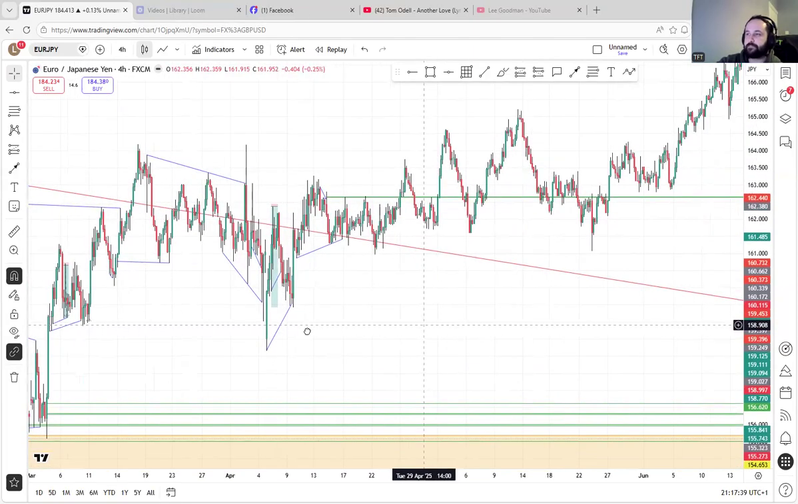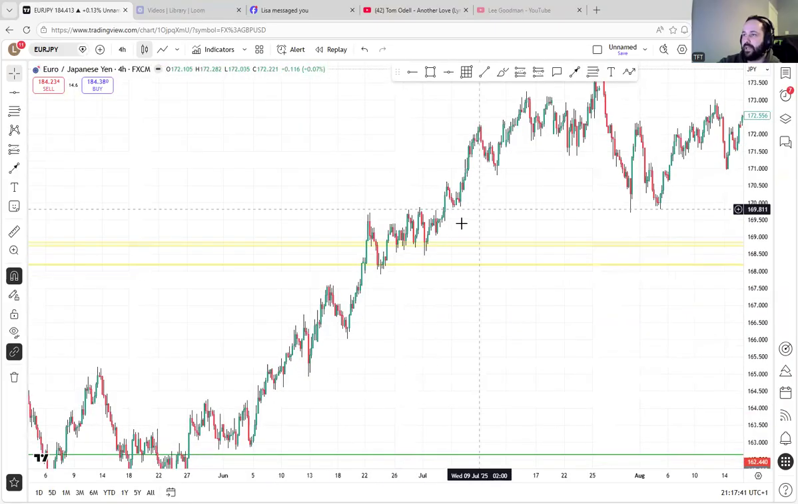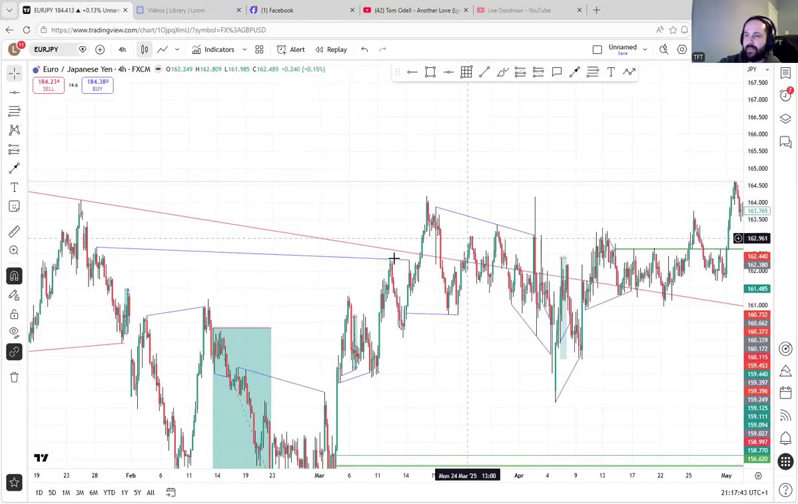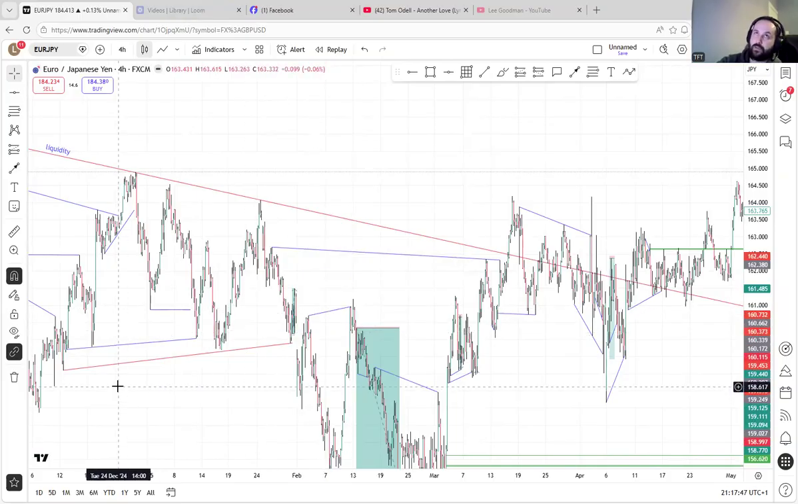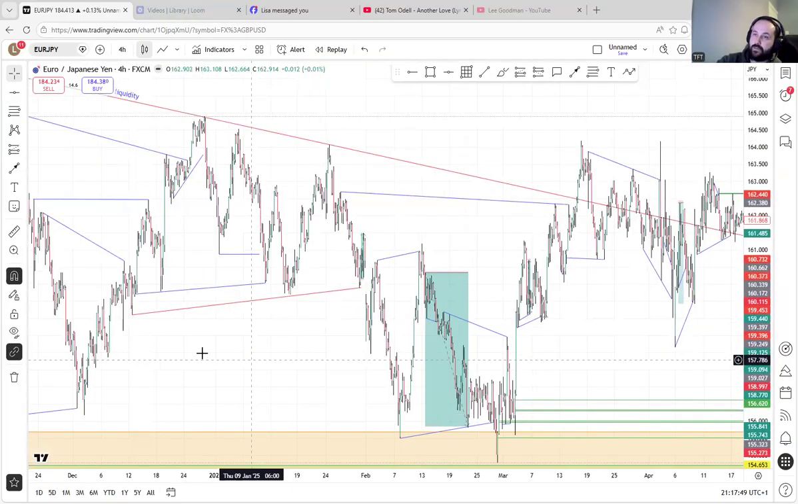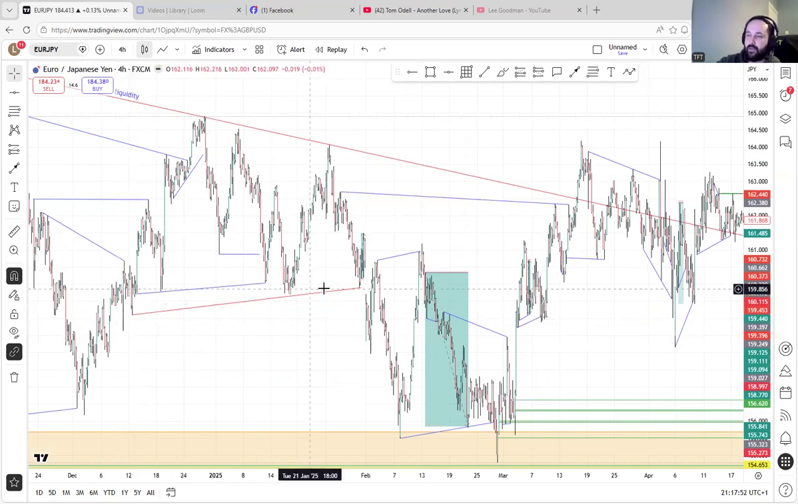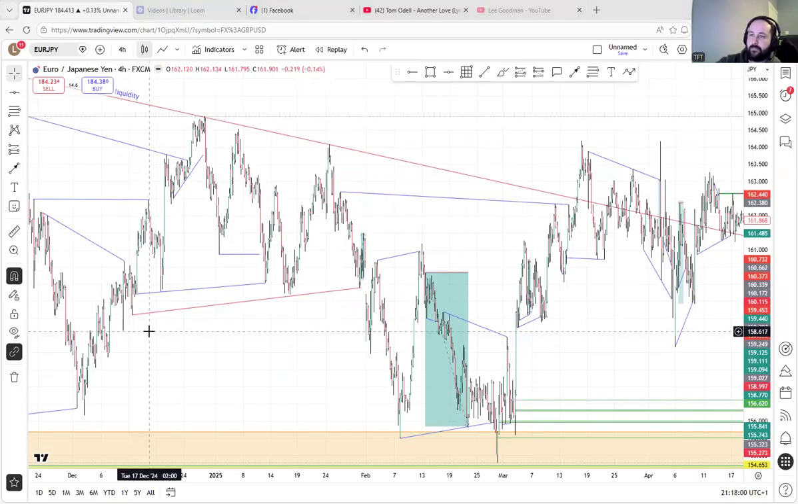So liquidity being taken doesn't necessarily mean that it's going to reverse or it's going to continue. All it is, the idea behind liquidity is that your average